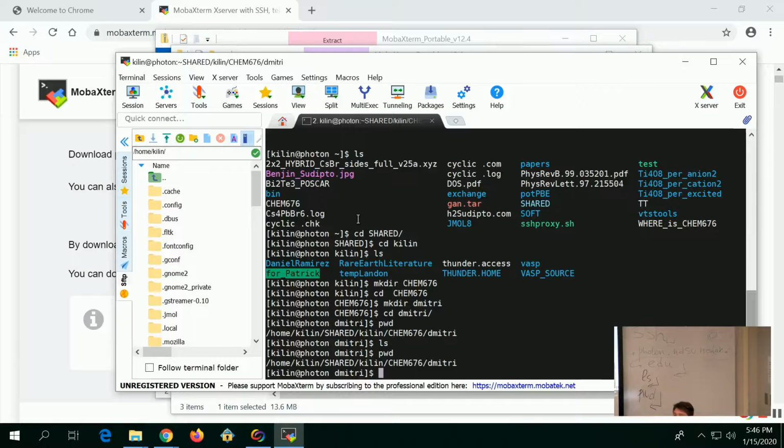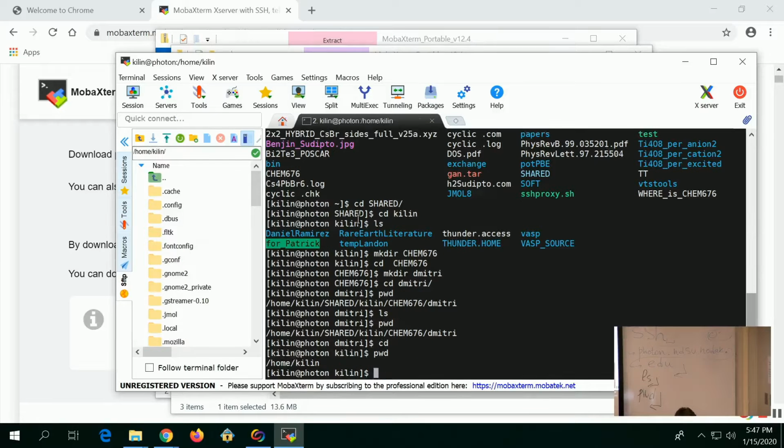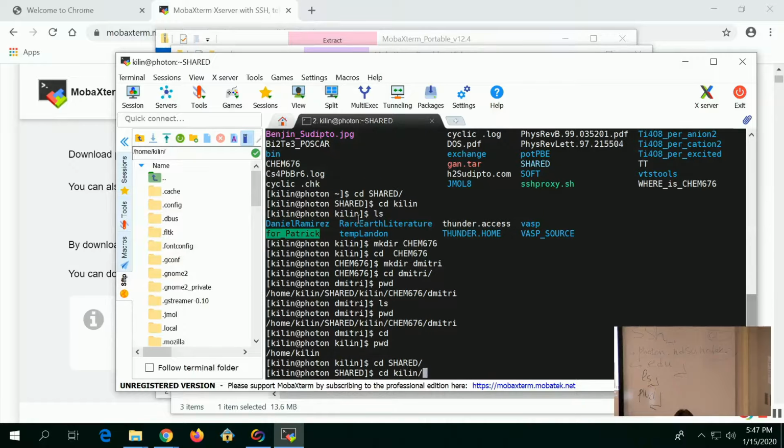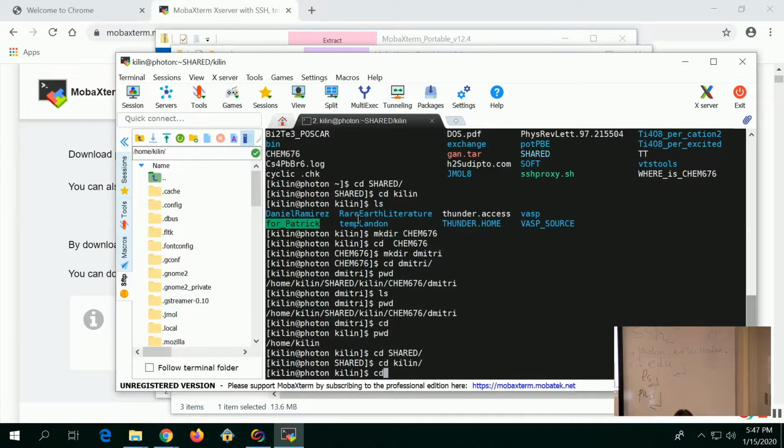So Dimitri, so you say ls is for list files? ls for list files and pwd for pathway detection. So if you do cd, it means change directory. If you do cd and enter, it will bring you to the original place where we started from. And now I do want to go to a place where we will do practice for the class. So I'm making cd shared, cd username, cd